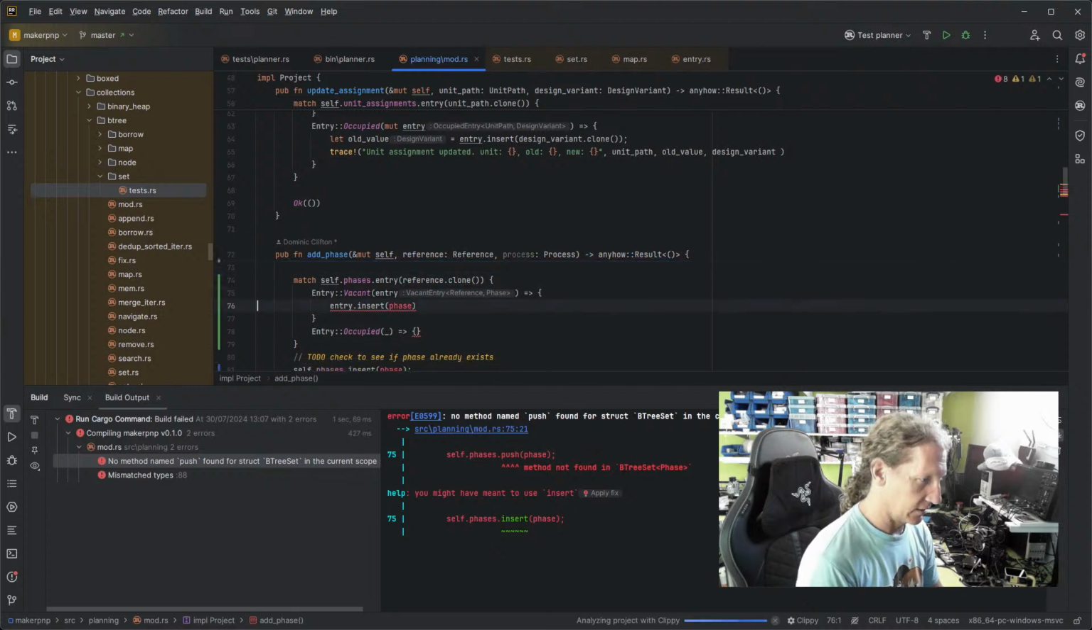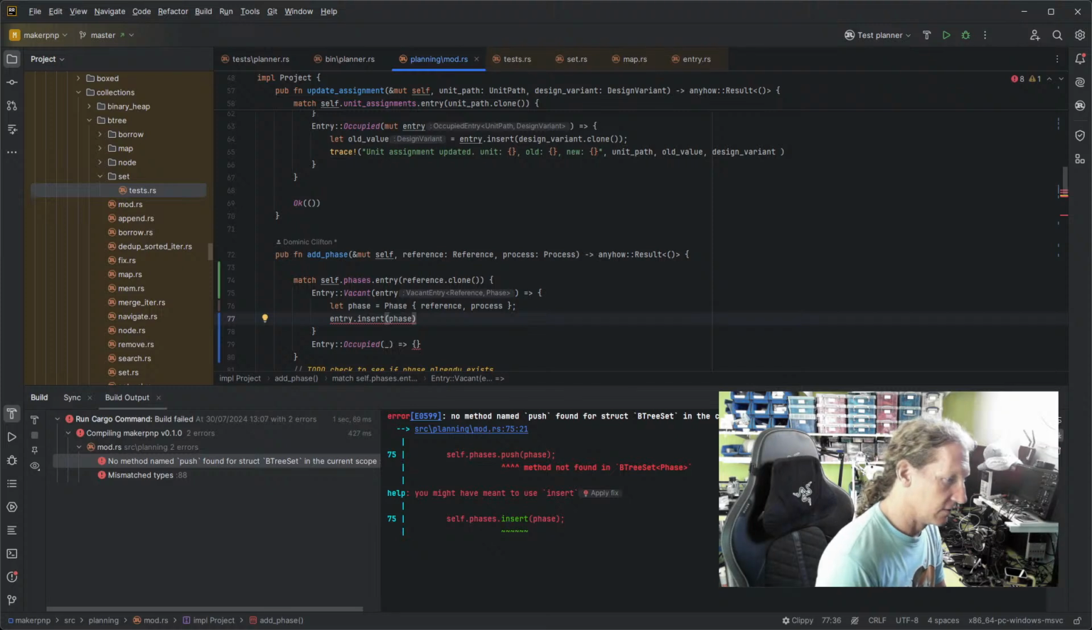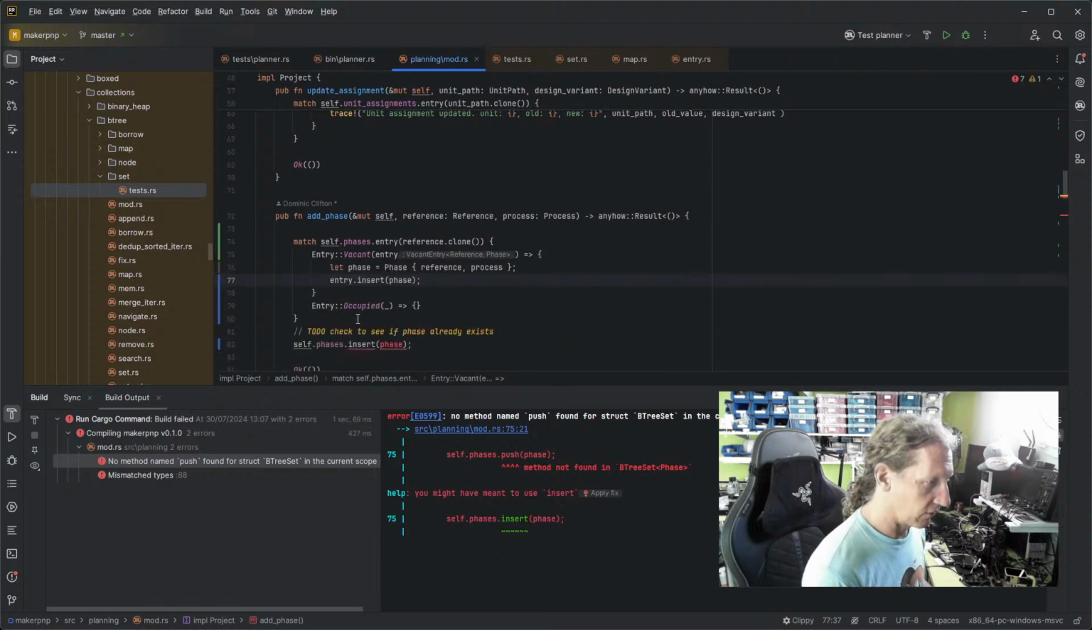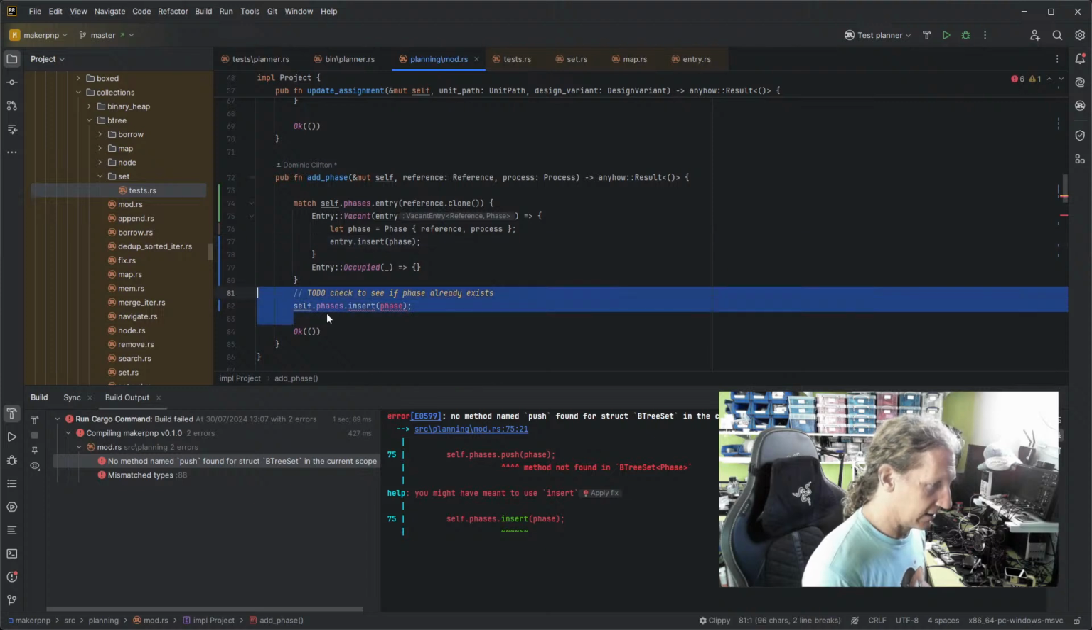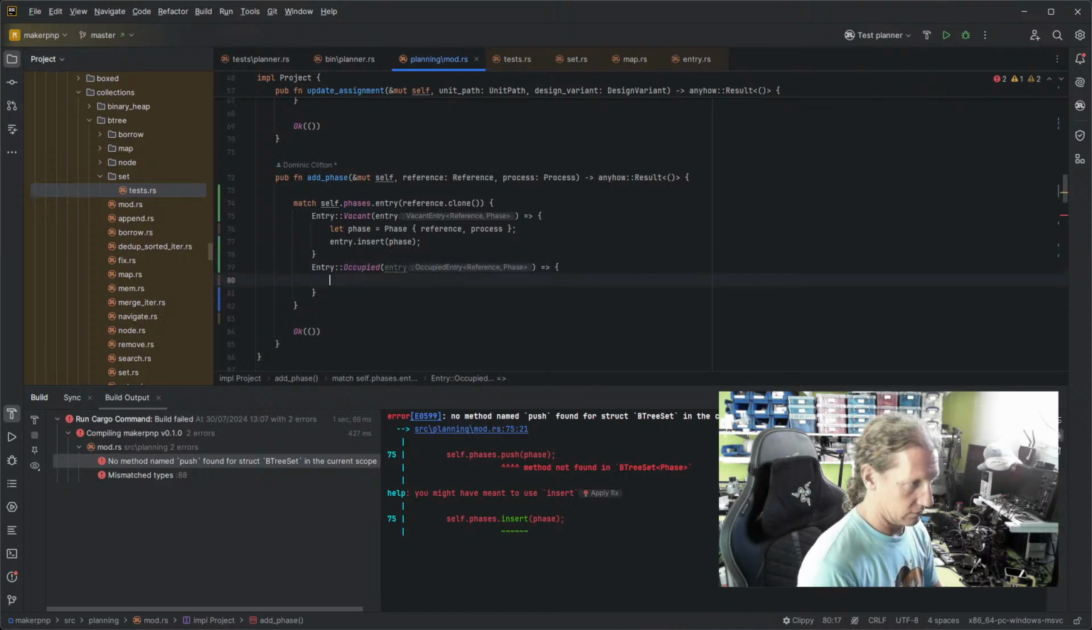Let's move this here. Yeah, okay. Insert. And it's moaning at us because I missed the semicolon. Fine. We can delete this now. And if it was already there, and we don't have a test for this, I know, we can go